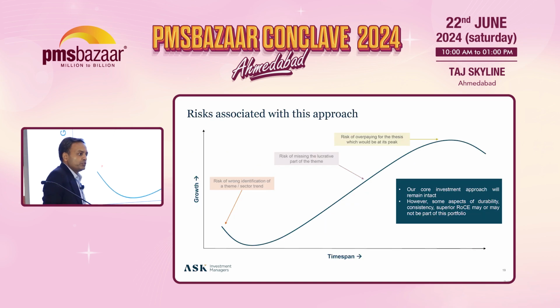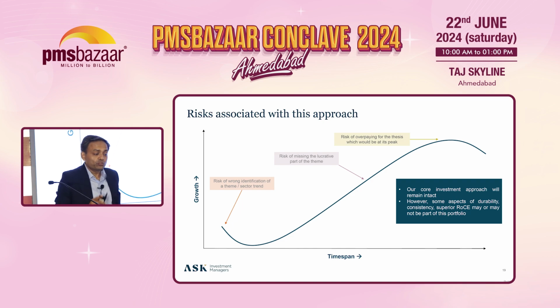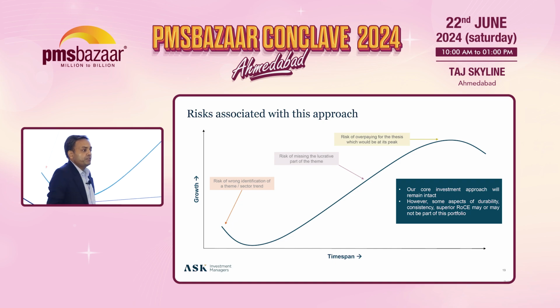Now, what are the risks to this approach? Every investment strategy has a risk. So there are three key risks associated with this approach. The first risk is that we select a wrong theme, and it goes down. We don't believe that the themes that we've selected are wrong